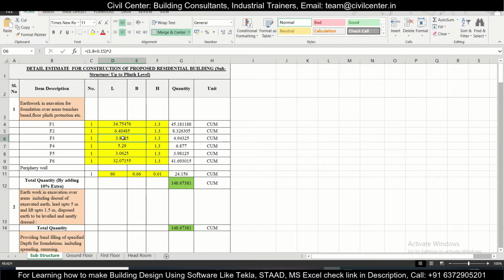Okay, so now let's go with F3. And this is simply the multiplication of these three, so you can check it here. Check the command. This is simply multiplication of these three cells. Okay, so we are done with F2.